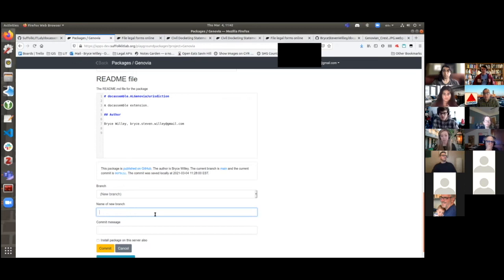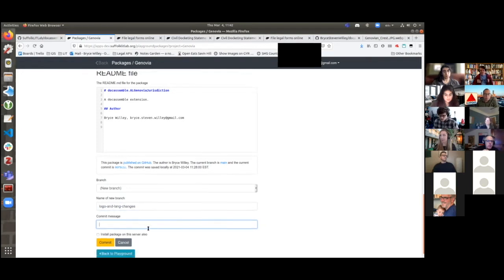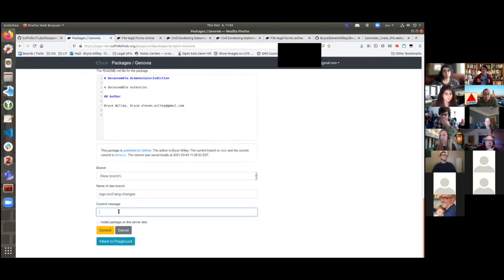But we can give a short description. So logo and language change, or lang changes. Just to say this is where we're making some logo and lang changes, and specifically in our commit message, we can be a little more specific. And so we can commit and wait for the actual operation to finish. It'll take a little bit,